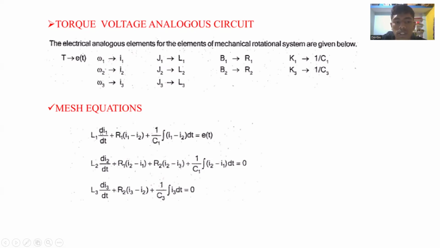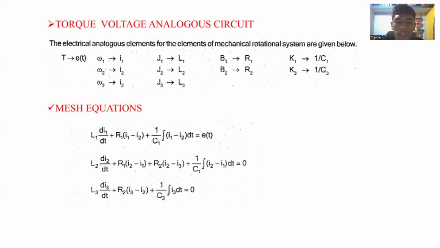You can see that this is the first mechanical system equation we got in the mechanical diagram, which is with respect to theta 1. This is with respect to theta 2, and this is with respect to theta 3. And after the replacement of each equation with the mechanical parameters, which is converted into electrical parameters, these are the three equations we get. Now we have the equations, but the solution we need to find is to draw